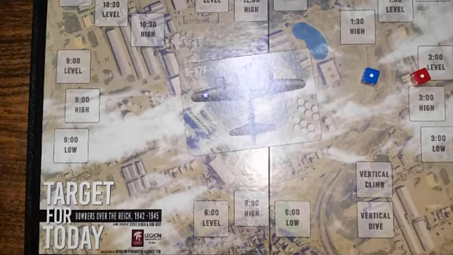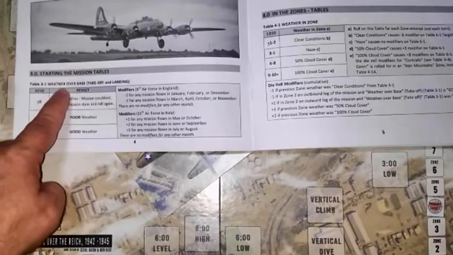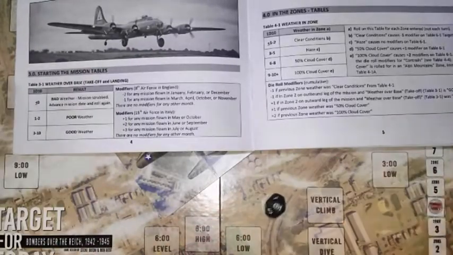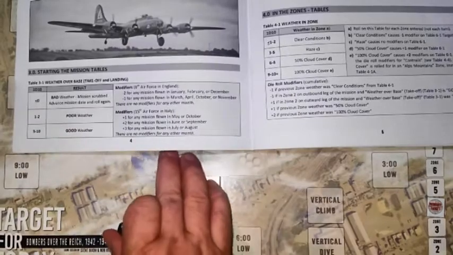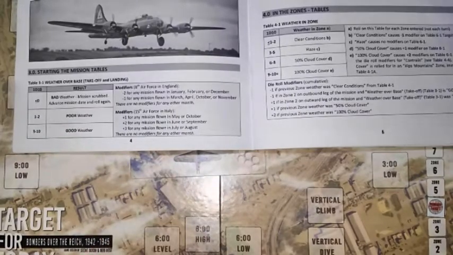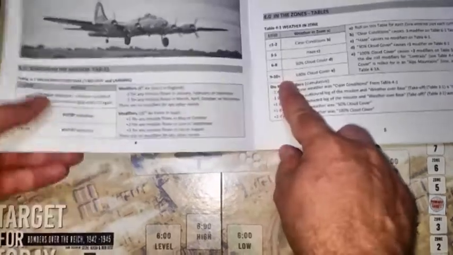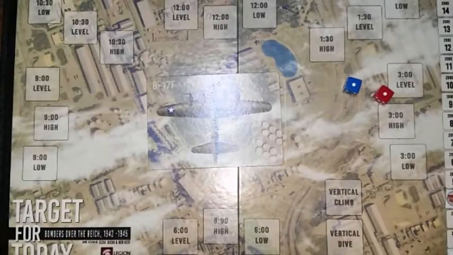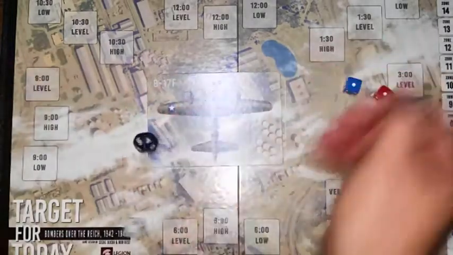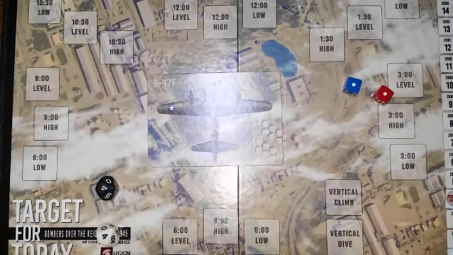weather. But again, we're going to use that same chart we used at the beginning of the game. The weather over the base. 9, good weather. The weather over the base for landing is very important. We also need to roll for mechanical failure, just on the off chance something breaks on our plane before we get a chance to land the plane. Nope, 44, no